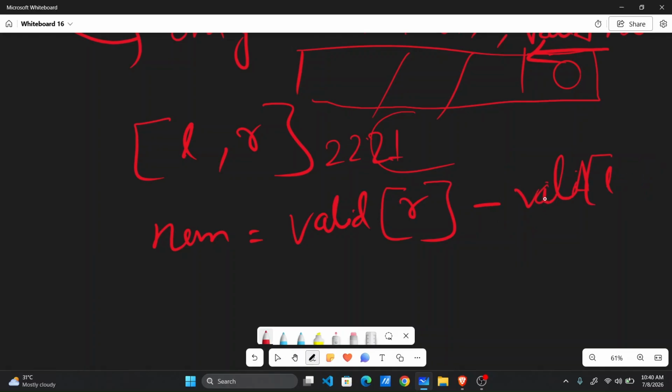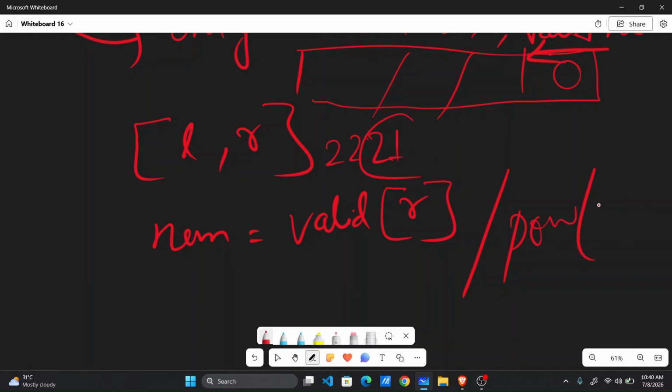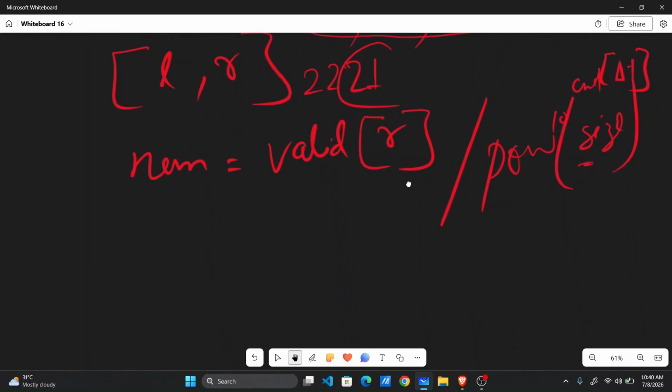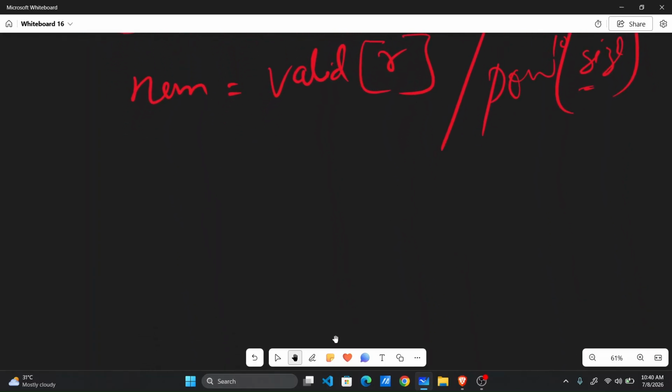So here I have thought about two approaches. Firstly, let's do what we have discussed. We are dividing that 10 to the power by power of 10 by size of the digits, right? The count we have stored, right? Power 10 beside the count of L minus 1, right? The count of L minus 1. But here the problem is, this is pretty simple. But